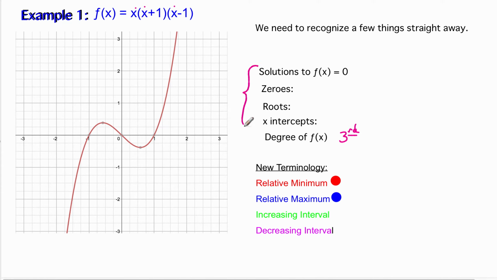These are all sayings, and they all mean the same thing. So on the regions, or me, or any mathematician can bounce back and forth between these 4 vocabulary words, and they all mean the same thing. The x-intercepts. Where does this graph cross the x-axis? At 1, at 0, and at -1. So those are my x-intercepts. We could also say those are my roots. We can also say those are the zeros to this function,